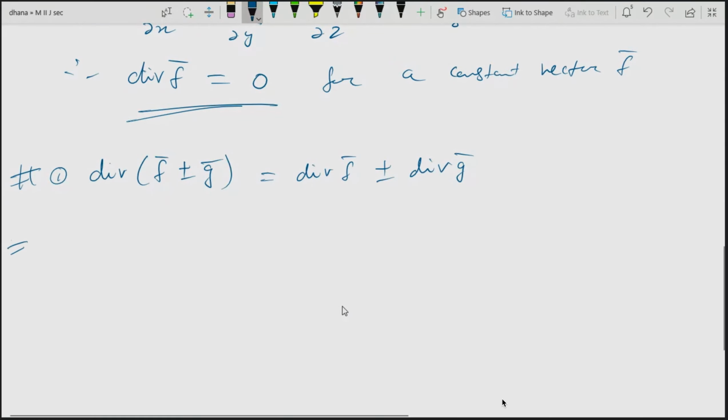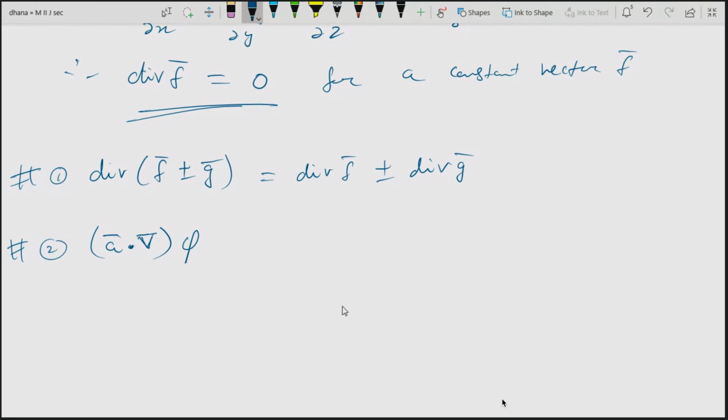Okay. Now suppose you need to calculate this one: A bar dot del. This we will see later anyhow. A bar is a vector. Dot del, this operator is also in vector form. Now you will get a scalar result only, in terms of the derivative, which can be applied on a scalar function. Here, if I have not mentioned the bar on any variable, that means that is a scalar function.